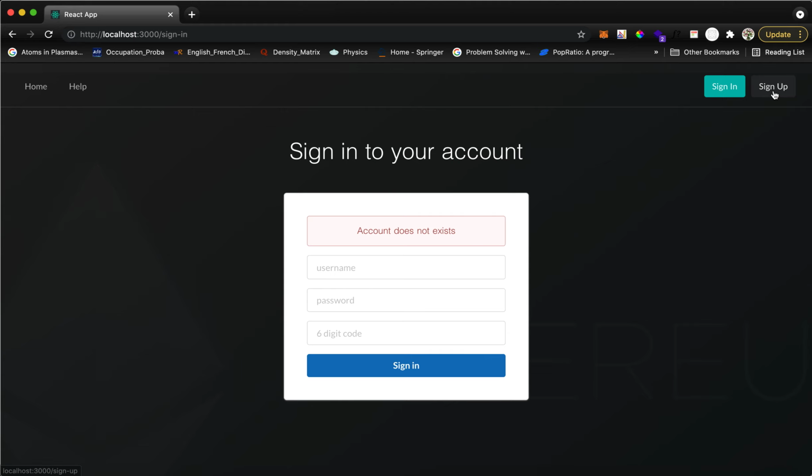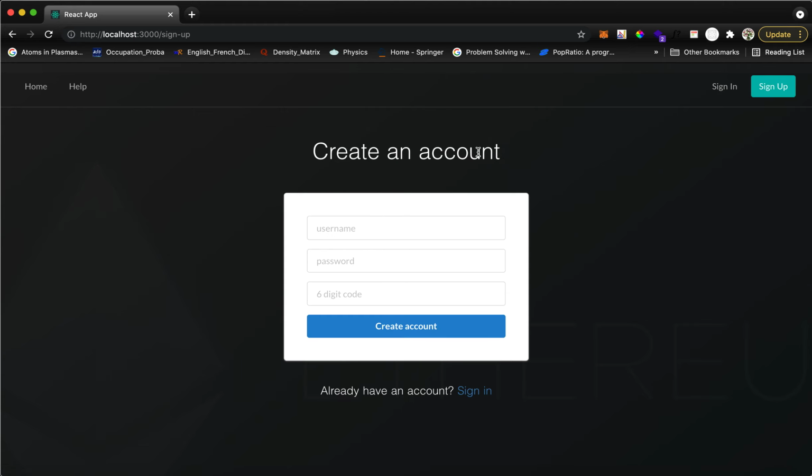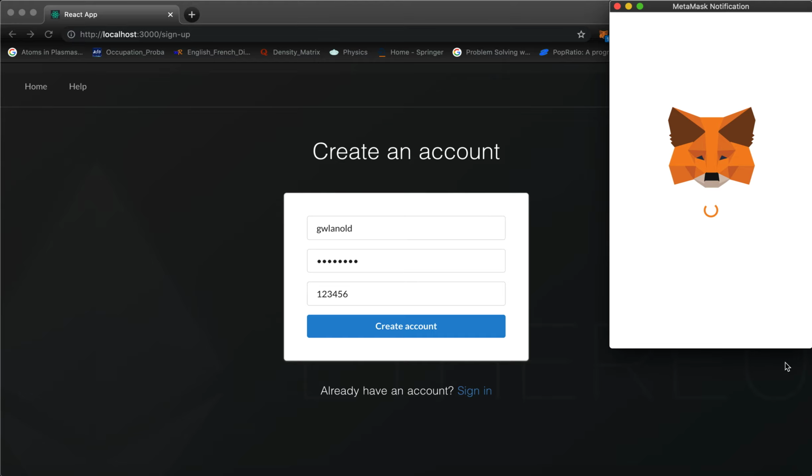So we need to sign up to create an account. This time I will put a username, password, and 6-digit code, and create an account.